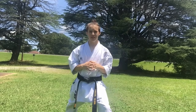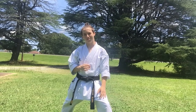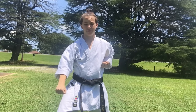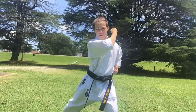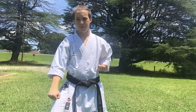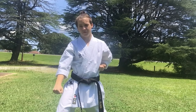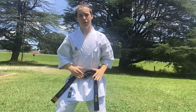So when you're in your forward stance, this leg right here likes to get kicked a lot by your opponent, and it hurts after a while. So a good block to know is a down block. All you do is come up to your ear like you're listening to a phone, step, and strike down. Your palm should be down, and it should be about 6 inches above your knee. And from a Kubadashi stance,